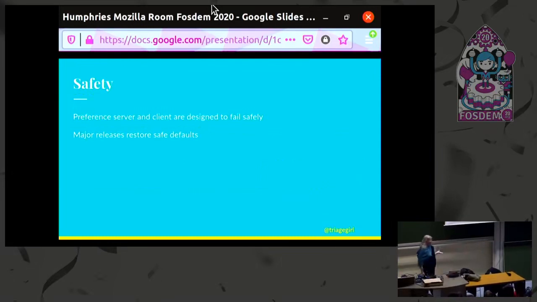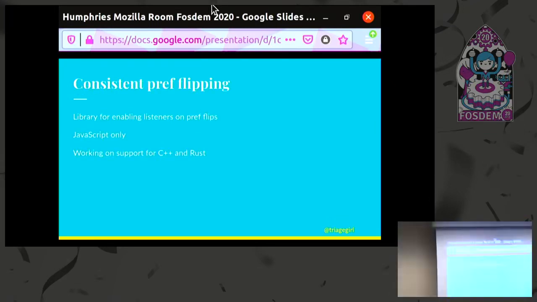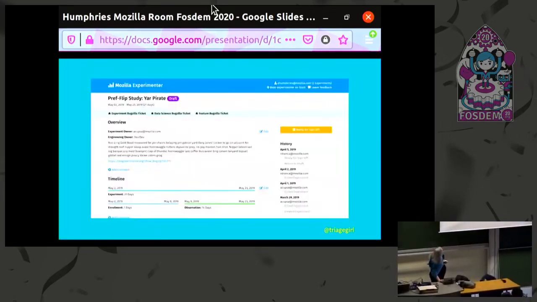We also do some stuff around safety, okay? Preference server and client are designed to fail safely, and then major releases always restore safe defaults. So we do consistent pref flipping, again, from what I described with the library that was developed by another one of our engineers. We have a tooling site for it called Experimenter that we use for managing experimental pref flips as well as